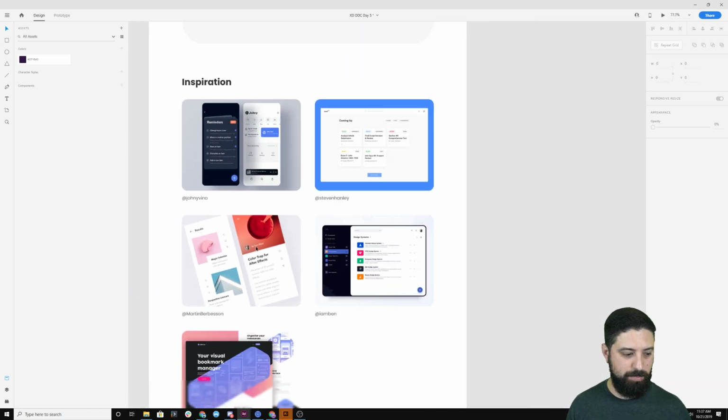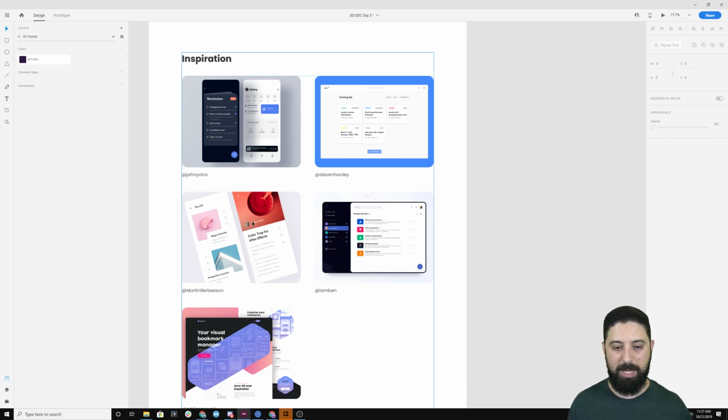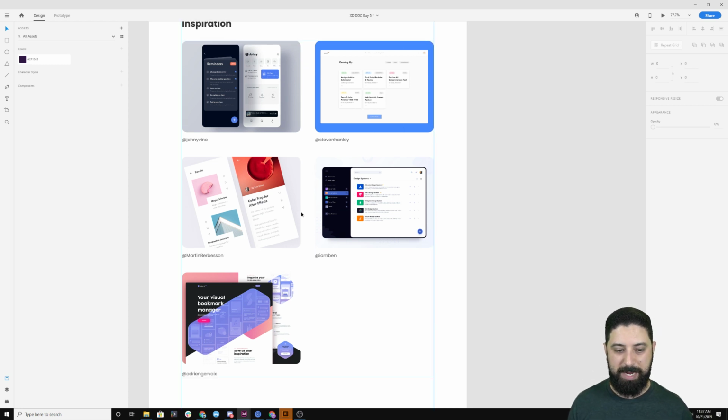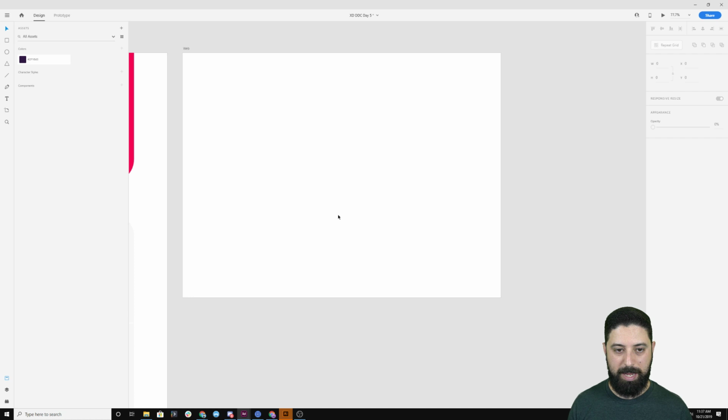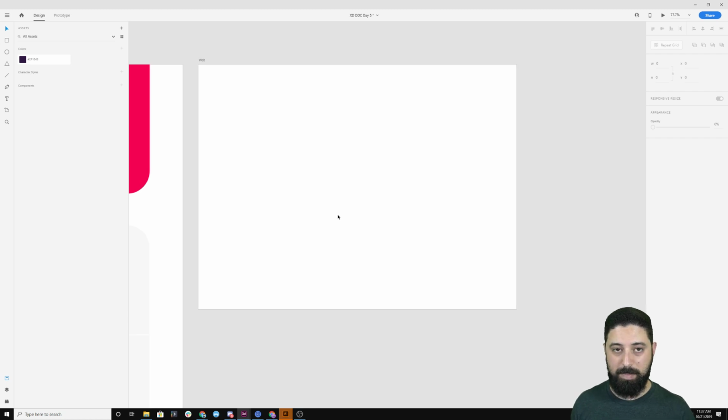So I won't go too much into detail on the inspiration files just because you guys can check this out. We're a little behind because of the technical difficulties. But take a look at these, some information and layouts that might inspire you to utilize in your project. So we're going to come up here, and I've already cataloged a lot of my assets,